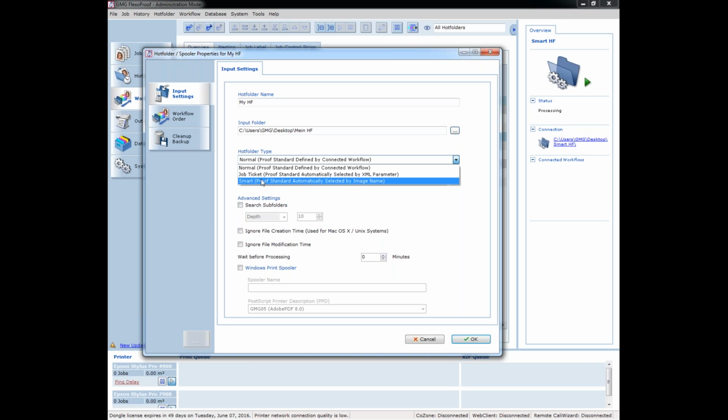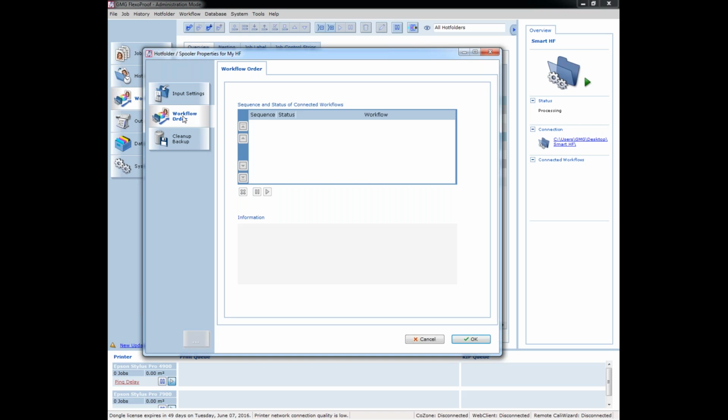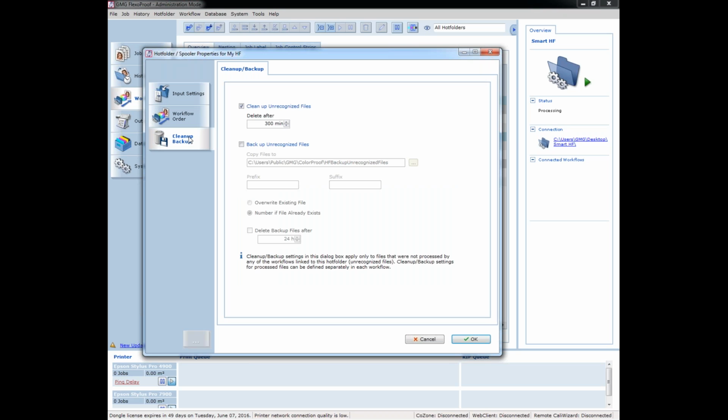Of course, if you don't have the license on your dongle, you will not see these options. So let's start with a normal hot folder. Here in the workflow order, when several workflows are linked to your hot folder, you can define the priority of the different workflows, and of course, clean up backup settings